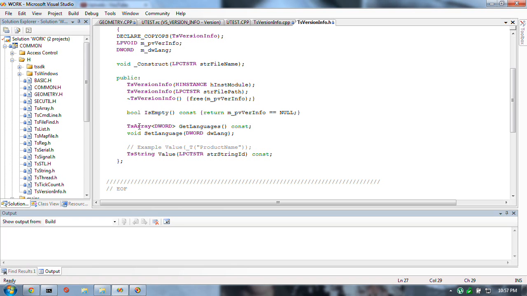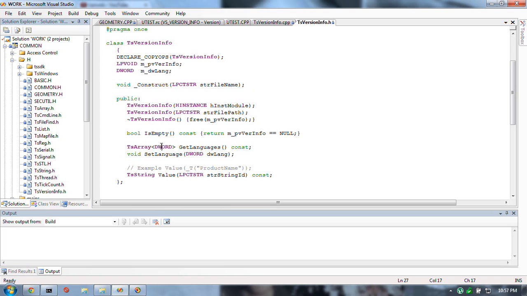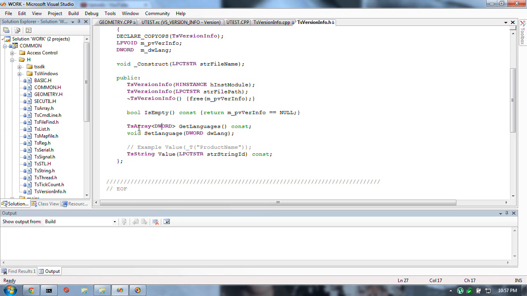I thought it might be of use to be able to extract from the struct an array of language identifiers. Well, it turns out that it's not useful, because I decided in the end to only extract, well, no, I didn't really. I use this thing. You can set the language and then extract strings for the current language, but I don't